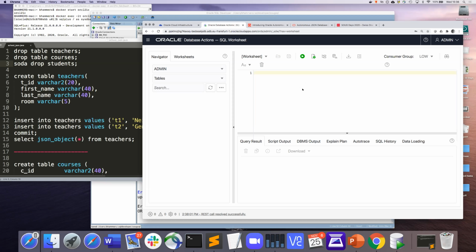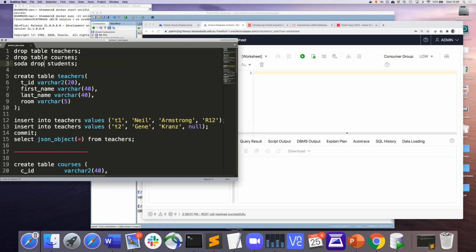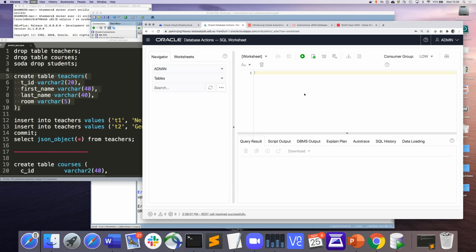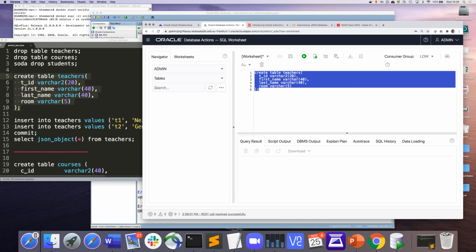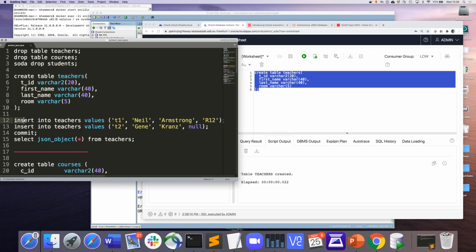So with Oracle, you can really combine the best of the relational world, like foreign keys, primary keys, constraints, integrity, etc., while still getting the flexibility from JSON. And this is an example where we show this using a simple schema for, let's say, a university or a school. So I start with my teachers table. Very simple. It's actually plain relational. It does not make any use of JSON.